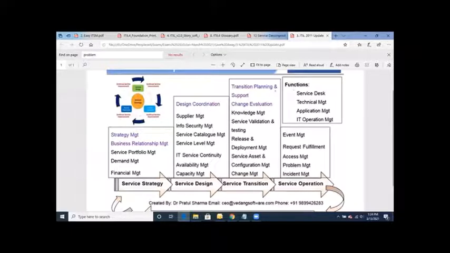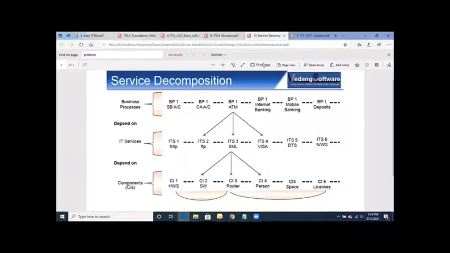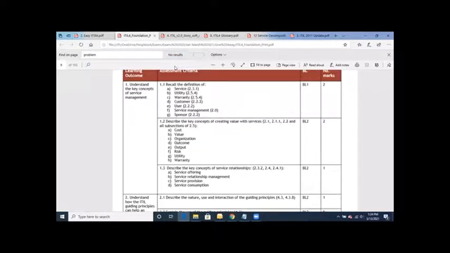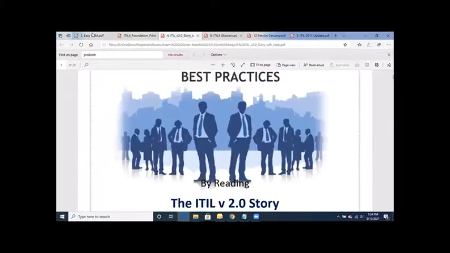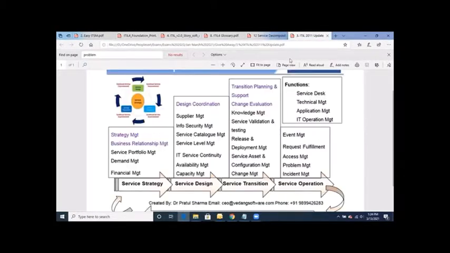And this diagram also. Before we move on to the ITIL 4 formal training and going through the slides of ITIL 4, all this should be clear to you. If it is clear,